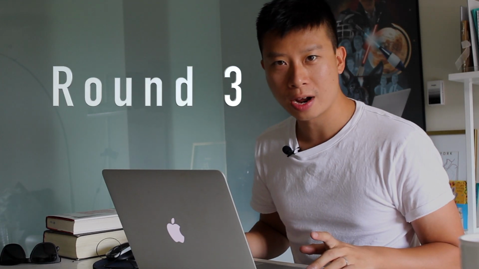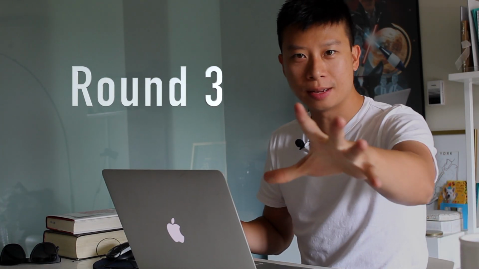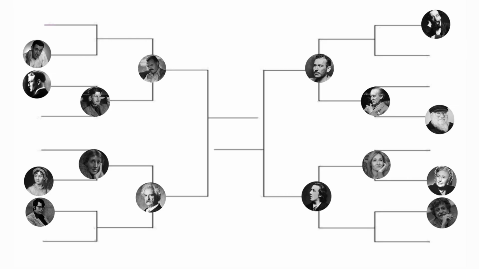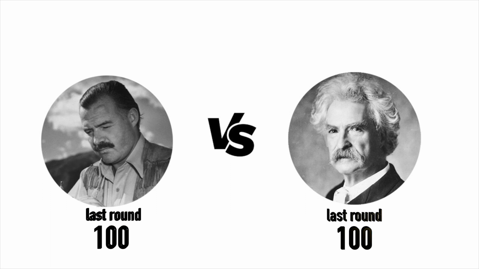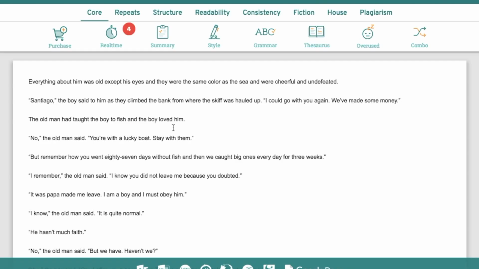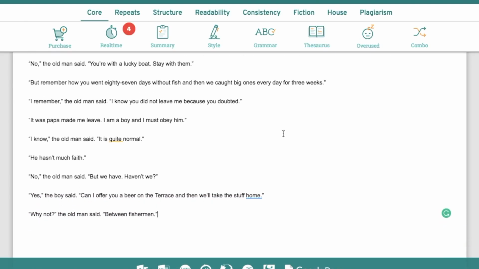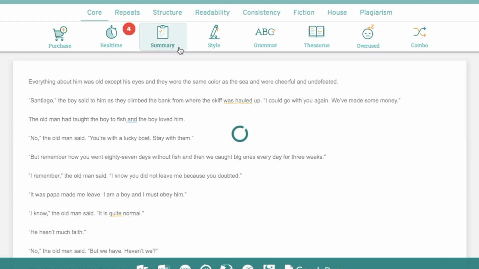All right, third round. This is huge. This is semifinals now. It's a shame to get this far and then get eliminated. I must say that. Anyways, Ernest Hemingway, Mark Twain. These are two legends here fighting it off. All right, Hemingway, Old Man and the Sea. This part is a long passage. A lot to analyze here, and it is gonna be